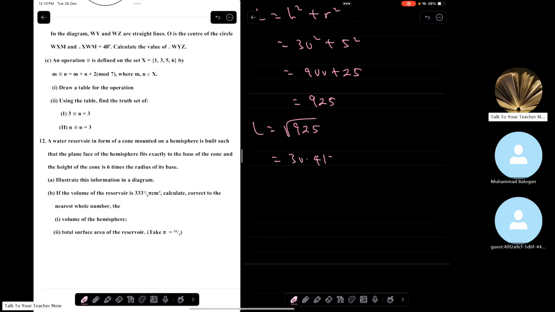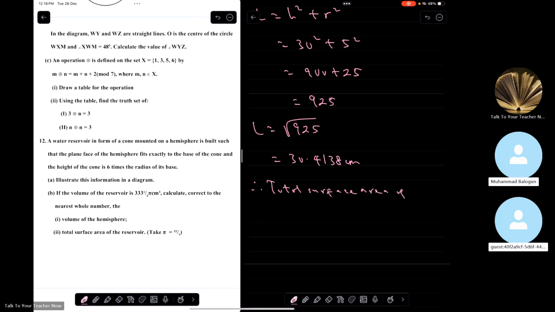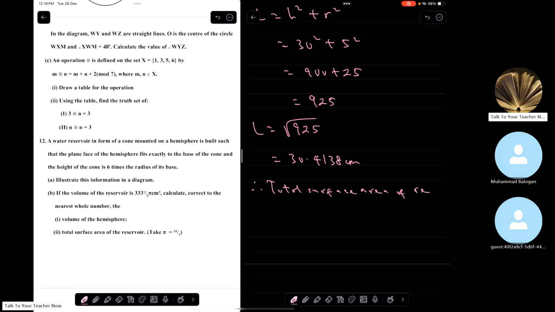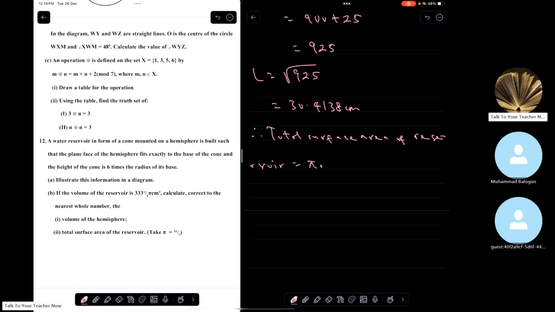30.4138 centimeters. So we can now say, therefore, total surface area. 30.4138, I've written that. So the total surface area of the reservoir will now be equal to pi r L